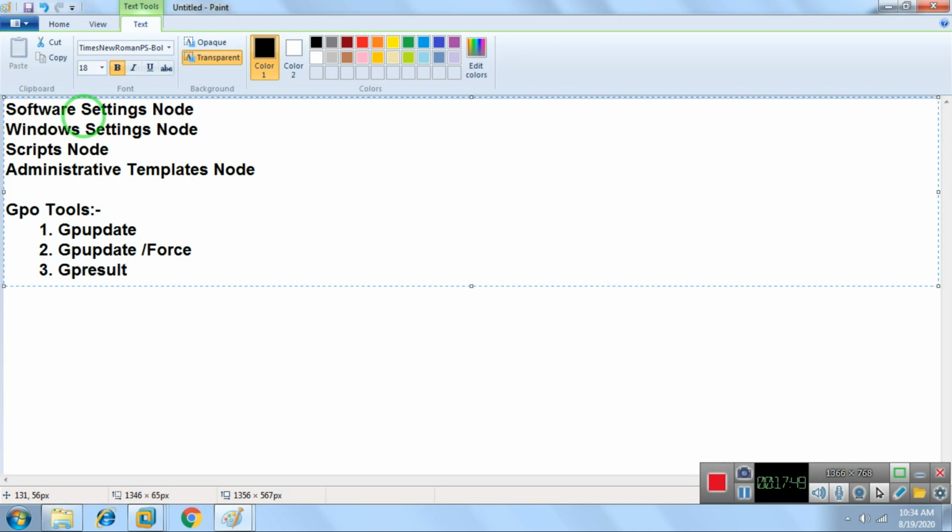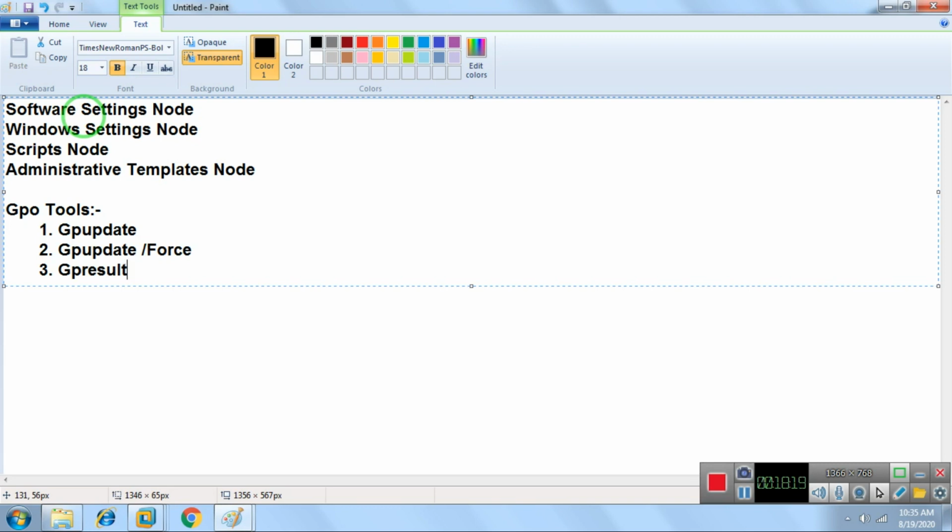So these are the settings already in the group policies. By default all settings are not configured. We need to configure the settings only. We have 3 options: not configured, enabled, disabled. If you want to apply some settings, you just need to create one policy and open that policy. In that we have all the settings, so you need to enable the settings only, that's it. By default all the settings are not configured.